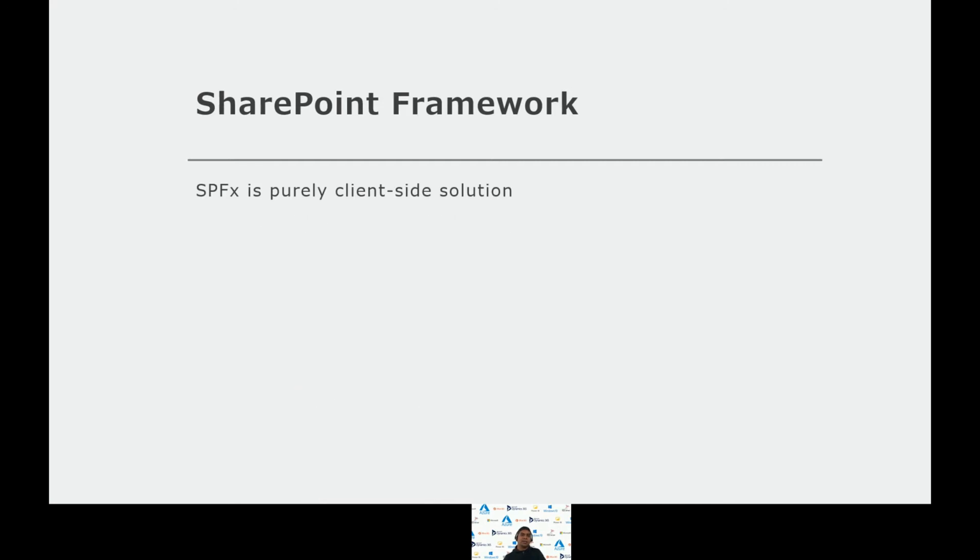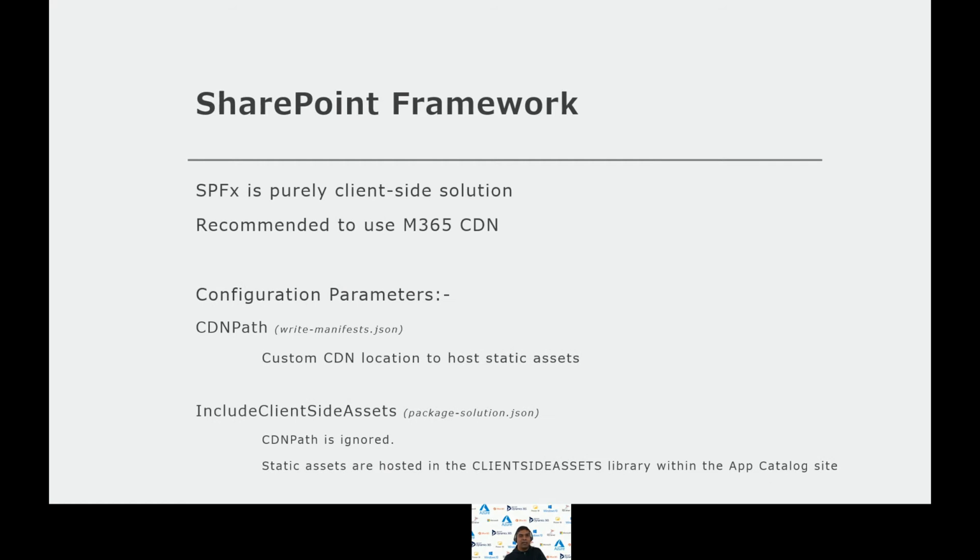Hence, the recommendation to use M365 CDN. SharePoint Framework projects have certain configuration parameters that assist you in using the CDN capabilities. Using the CDN path option that you can find in the write-manifest.json file, you can define the location where the static assets will be uploaded.